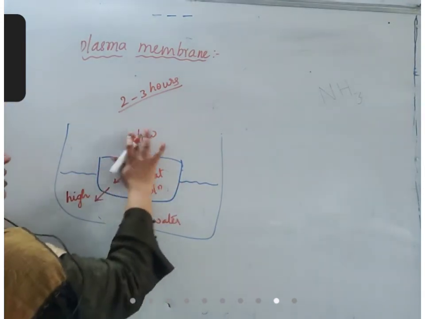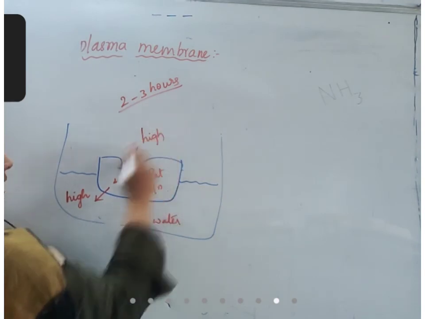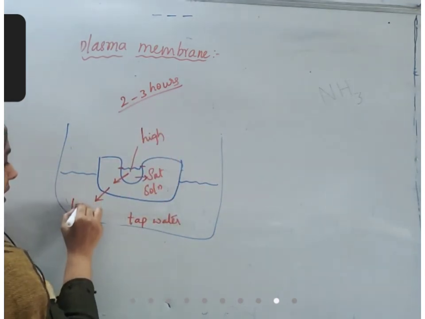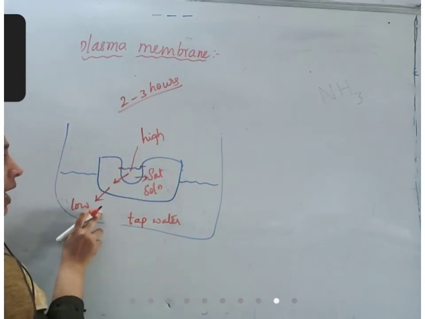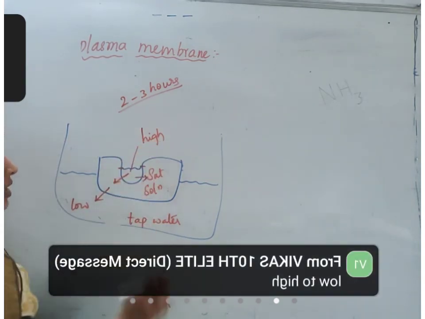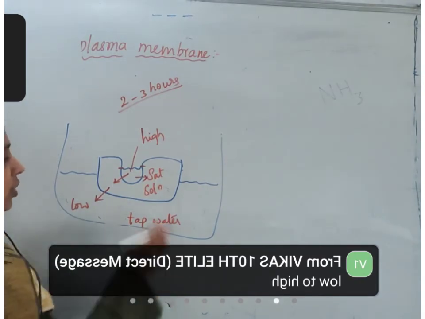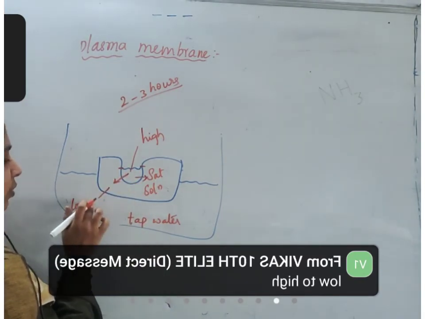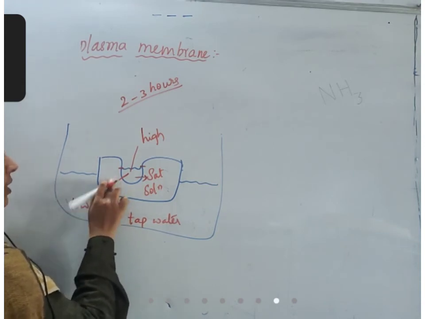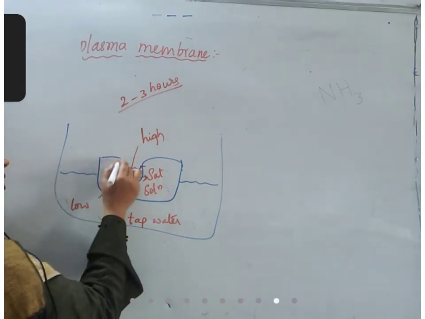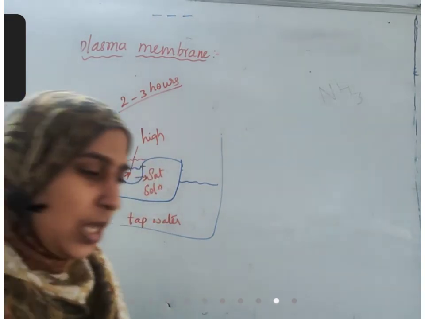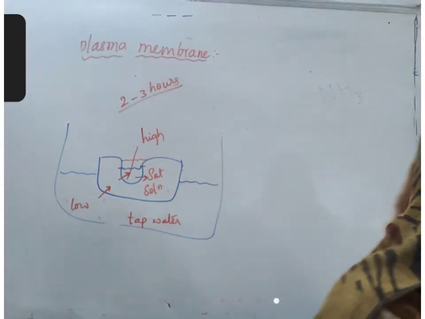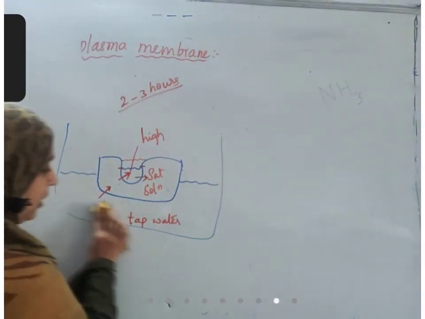So now this is high concentrated and this is low concentrated, and the potato cells are between these two. It is more concentrated than tap water, less concentrated than this saturated solution. So what will happen? The movement will be from low concentration to high concentration. The level of this water will increase. Check it. You need to leave it at least 2 to 3 hours, then only you will understand the result. It will take time.